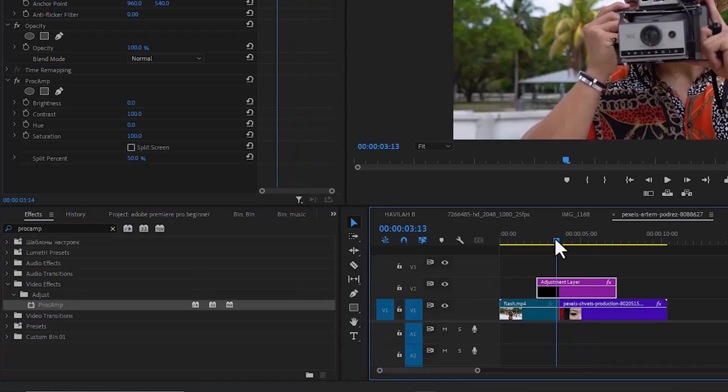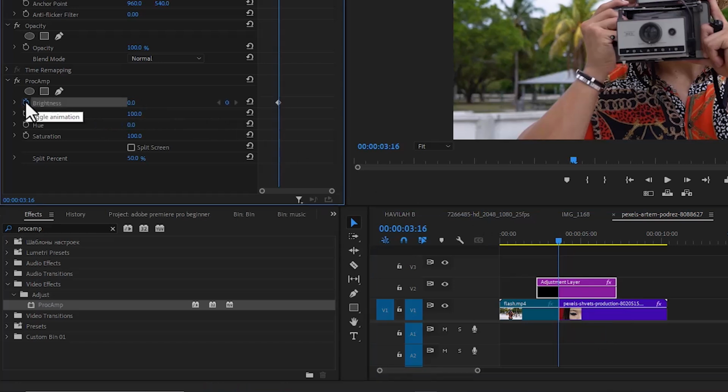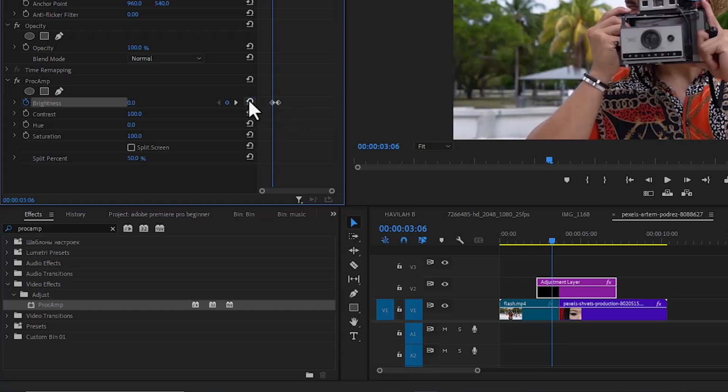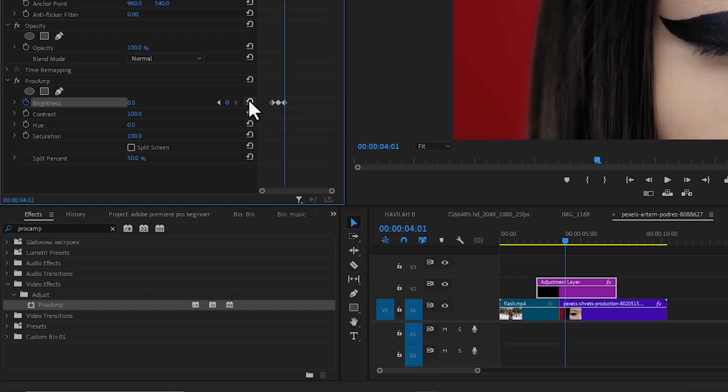Now move your playhead in between these both clips over here and come over to effects control and toggle on the stopwatch next to brightness and increase the value for brightness to 100 and hit enter and hold down shift and move the left arrow key 2 times and hit this reset parameter over here and hold down shift and hold the right arrow key 4 times and select this reset parameter once more, and you'll notice that we've created